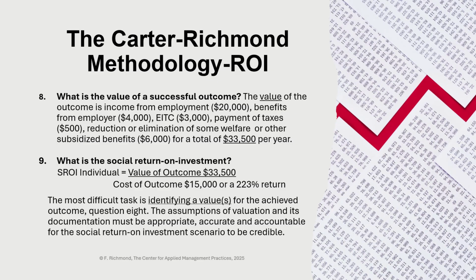So then I want to do the arithmetic here. I've learned, by the way, in human services, if I use the word math, people freak out. If I use arithmetic, they feel very comfortable. And then the question is, did you go through 4th grade? Yes, we did. Well, then you should know how to do this. So if you look at the social return on investment, this is the addition to that methodology. The value of the outcome is 33,500. I'm comparing that to the cost, and I have a 223% return. That's real, okay? The hardest part, again, is putting the value and making sure it's accurate, accountable.